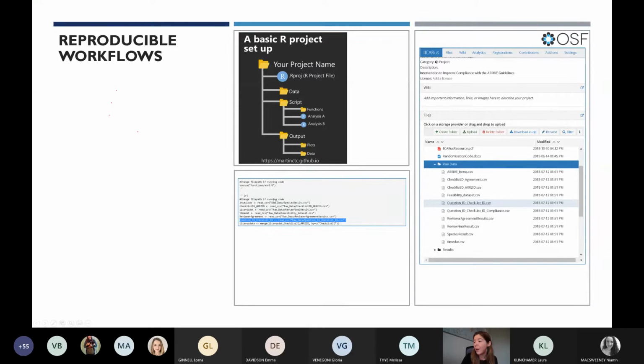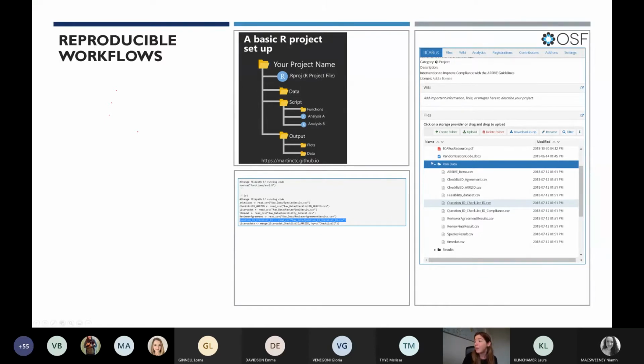So this is one example from my own work where, you can see I have it in this format, and I've got raw data, and I'm bringing in this file, question ID, checklist ID, CSV. So once I'd created all this stuff in RStudio on my computer, I wanted to make it open, so I put it on the Open Science Framework in exactly the same way.